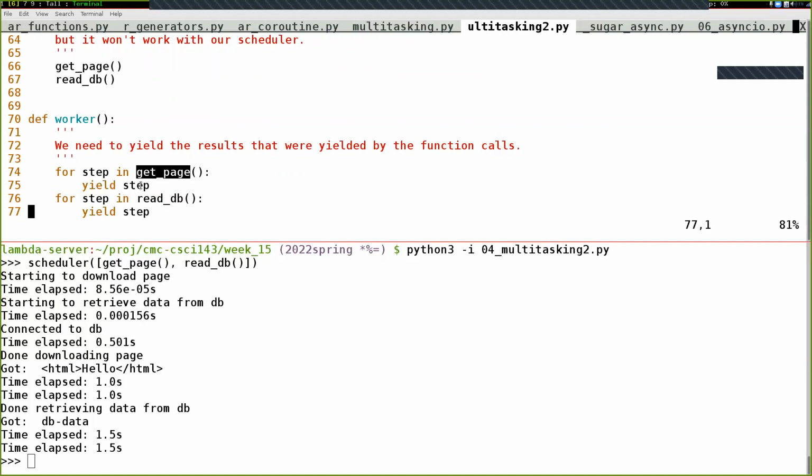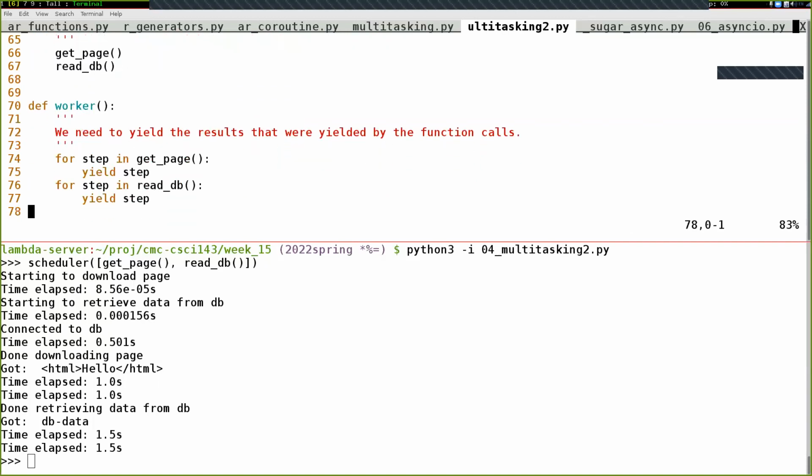Whatever this function gave us, we will just give that back to the next function that called us. So just sort of passing on that information. And then similarly with the readDB function, whatever it gave us as the results, we'll just pass that on. And so now this worker function is a generator, and it will work with our